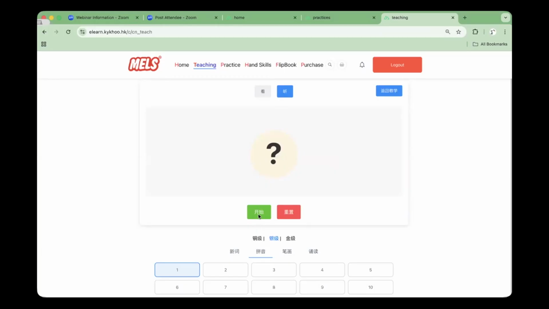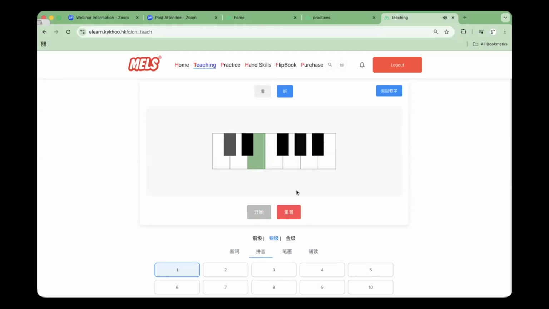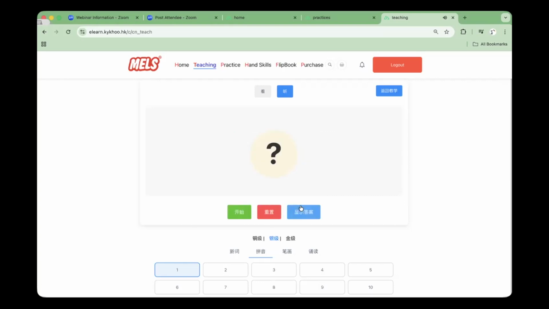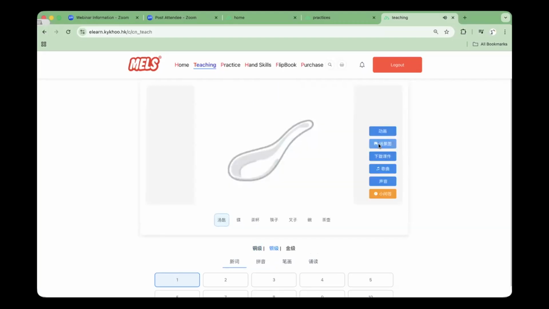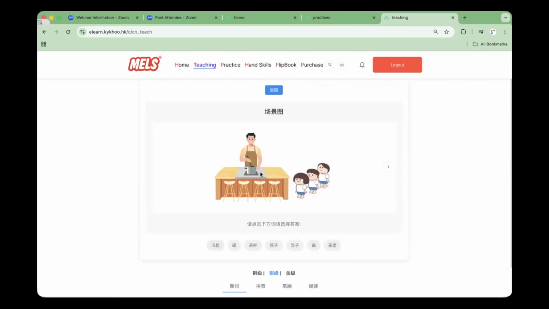Children learn in group. Always remember, the teacher just needs to type the code, then they will go to the program directly. So, then you can go to the next part. So this part, in fact,